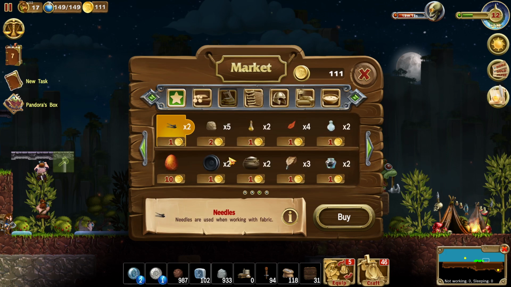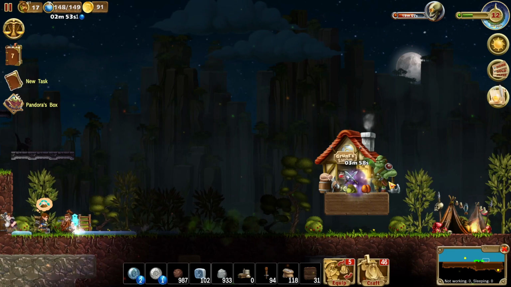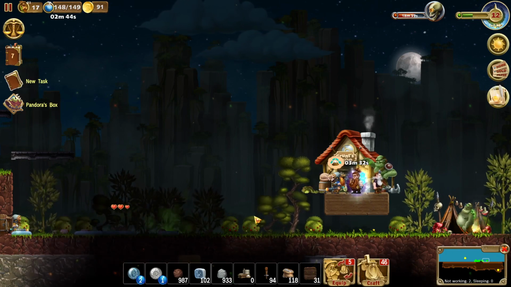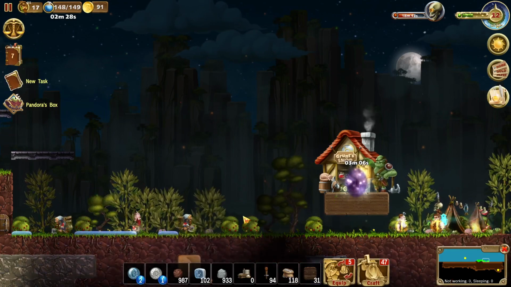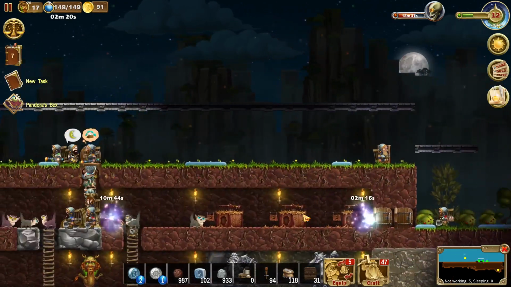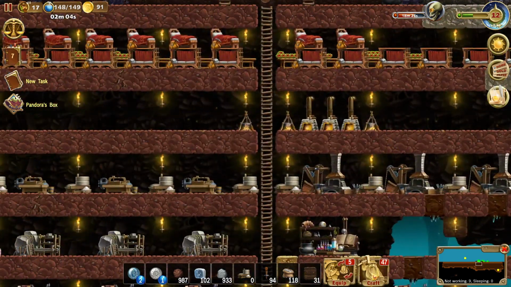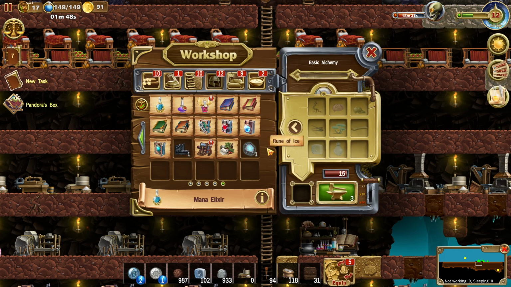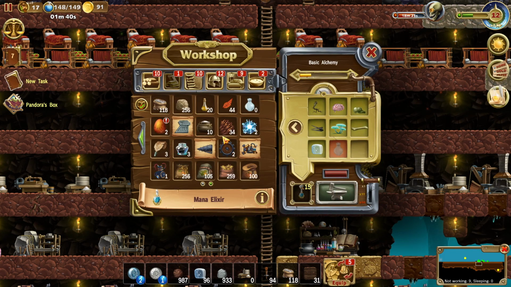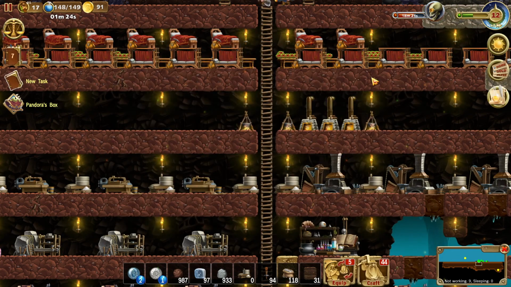And 2 eggs. Right, you don't have to buy eggs, but it's just easier this way. As you can see, he almost attacked that wooden block. If I would get attacked from that direction, they would actually break it, but I haven't been attacked from that side. So, get some mana potions, make some more of those, more glass, and then